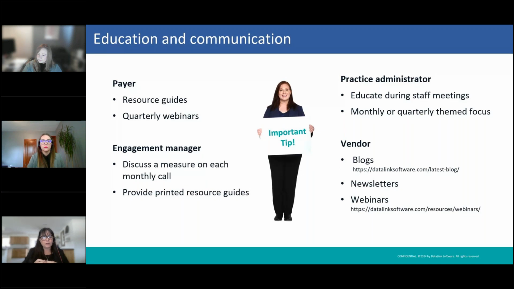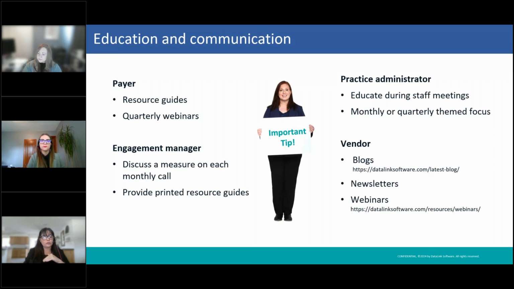If you're an engagement manager, think about discussing the measures in depth during every one of your calls and even providing them those flyers. If you're a provider group or a practice administrator, think about discussing them during staff meetings and having office monthly focus or themes, which we'll get to a little later. If you're a vendor, think about creating blogs, newsletters, or webinars, as some of the ones we have available on our website, and I've put the link on there for you as well.